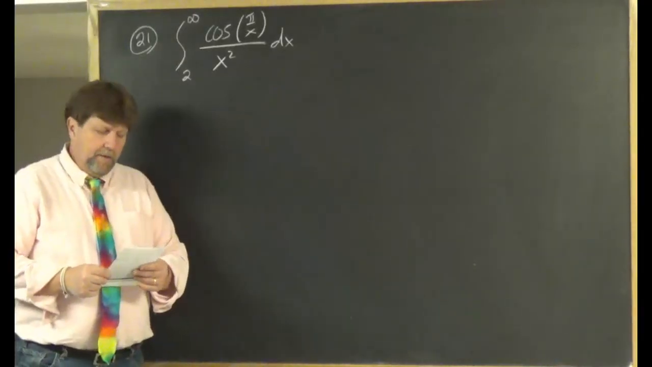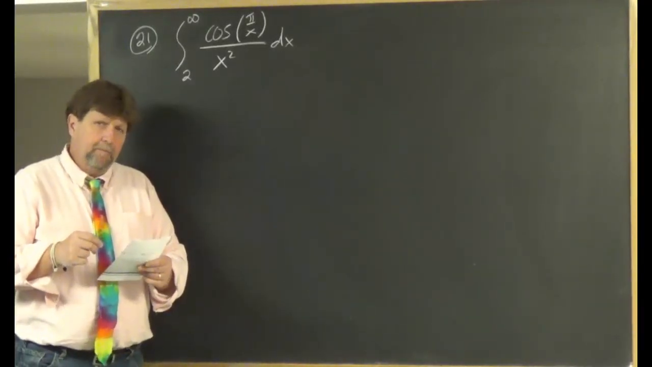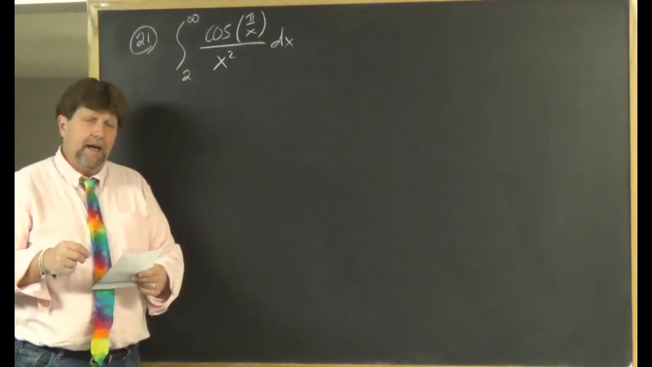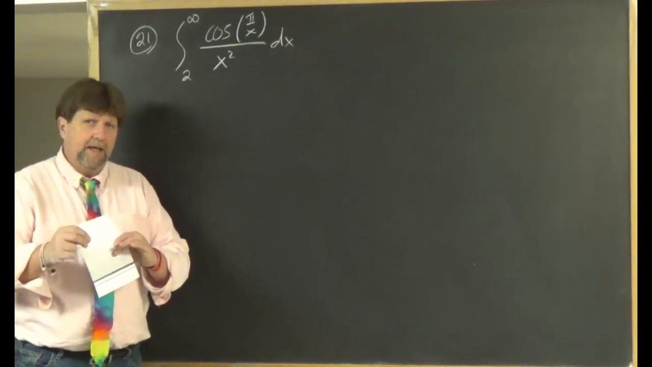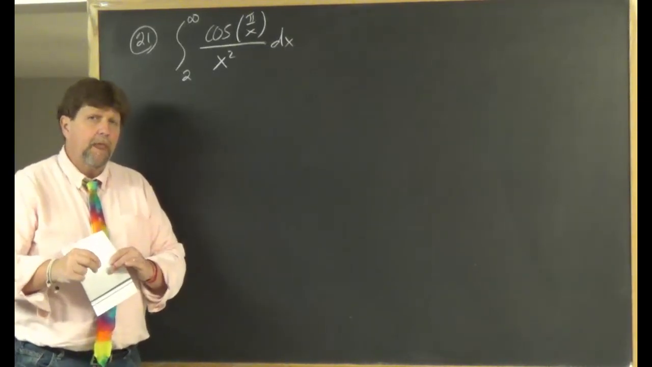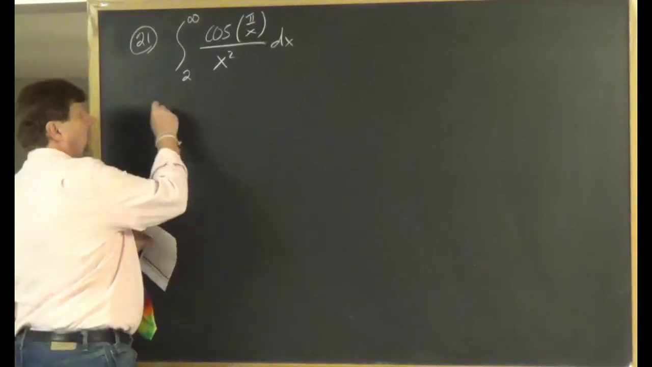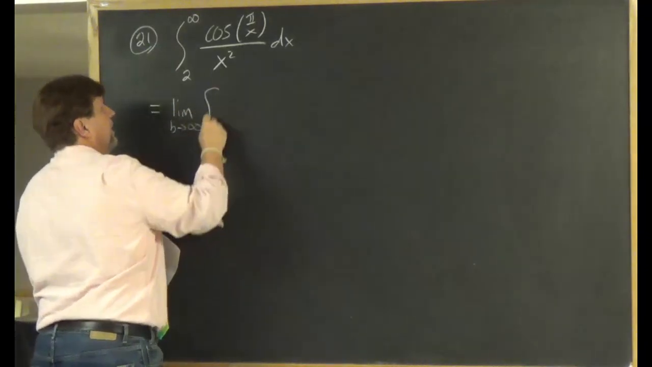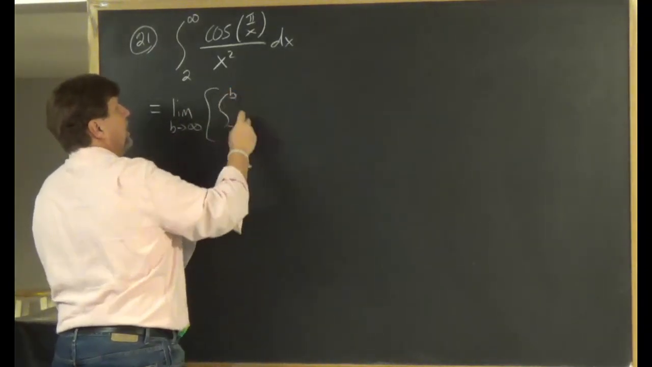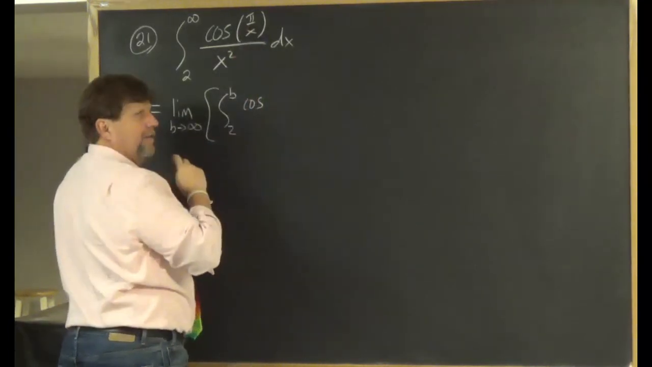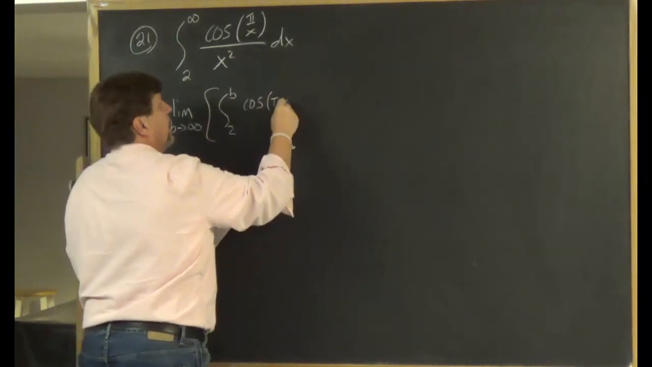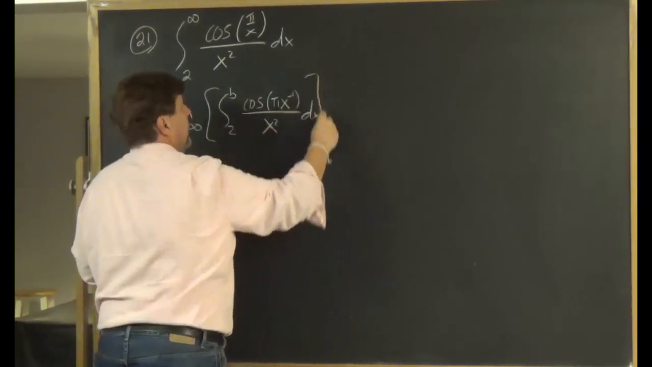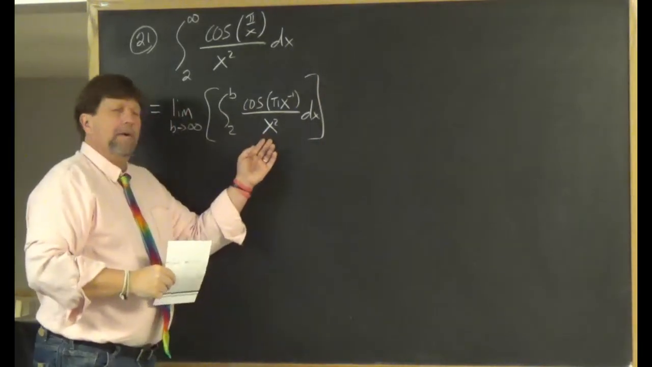Hey folks, number 21, you were asked to integrate from 2 to infinity, cosine of pi over x, all of that over x squared dx. The first thing you should have done is say, I have an improper integral, I can't do it, so I need to do the limit as b goes to infinity of the integral from 2 to b, cosine of pi over x, and I'm going to rewrite that as pi x to the negative 1, over x squared dx. So now we need to come up with an antiderivative